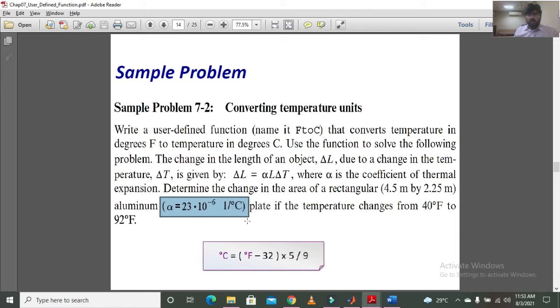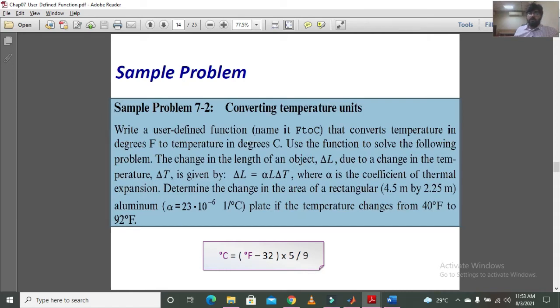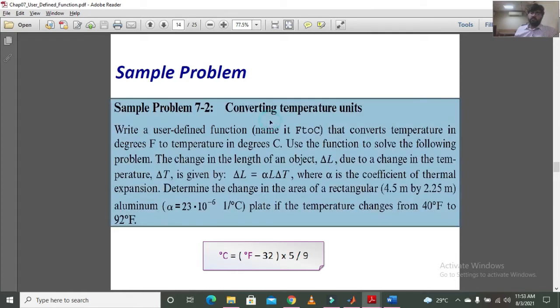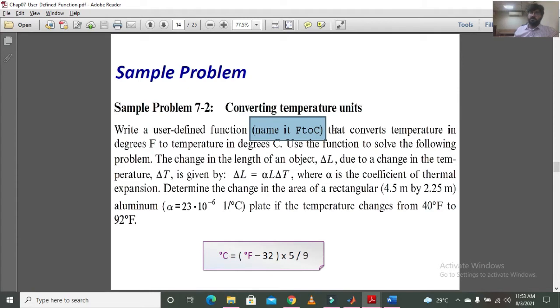The temperature change is also provided, and you can see that it is in Fahrenheit. So you will have to convert it into degrees Celsius, by making a user defined function. In fact, it is also mentioned that you have to name the user defined function as F2C, but since it is mentioned in the question, it is necessary; otherwise you can name it anything else.